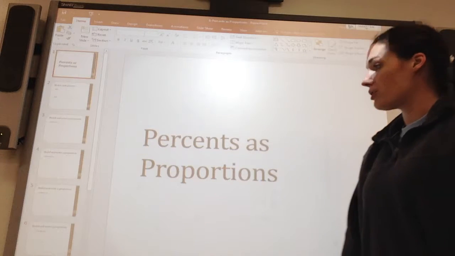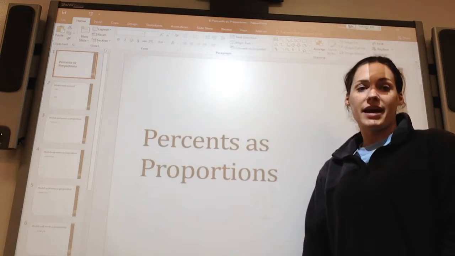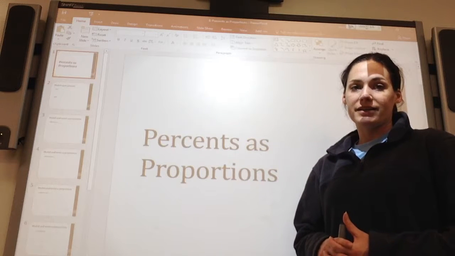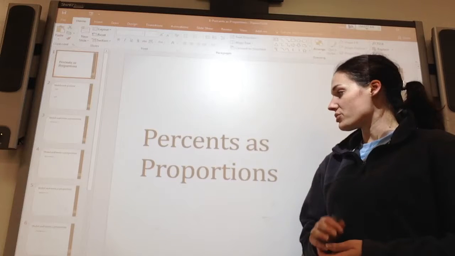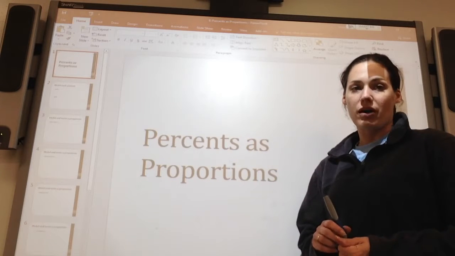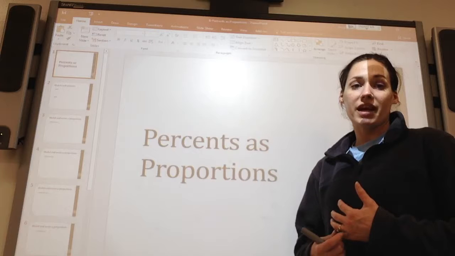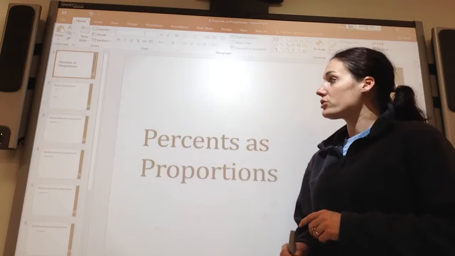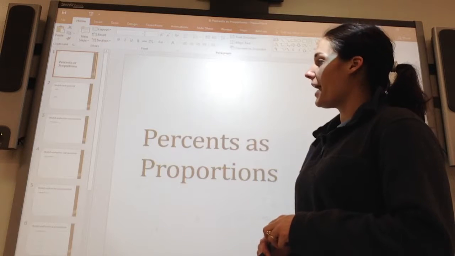Last week we talked about fractions, percents, and decimals and how to go back and forth between all of them. And today what we're going to look at is percents as proportions, so how to find percents of things using proportions, because that was the other thing we were working on last week. So let's first look at